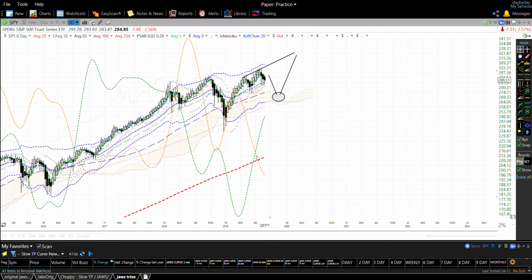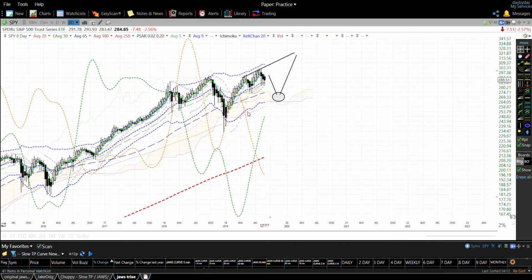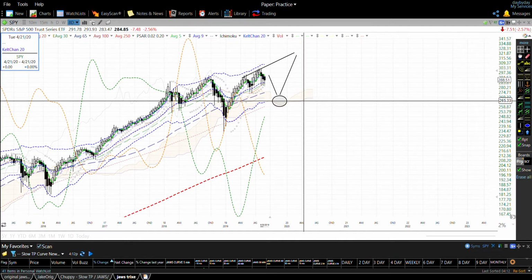In this time frame, we've got an inverse jaws beginning as the orange crosses down, hasn't curved up yet to show very strong selling momentum yet. We do have this curvature already happening in the 5 MA curling down into the 9 MA on an 8-day chart, and we have this kelp band channel and this MA right here, which is my 100, coming into a point of agreement, like right around this area